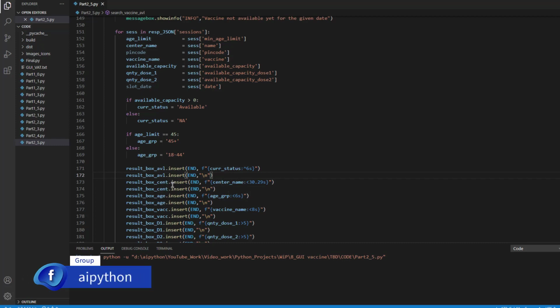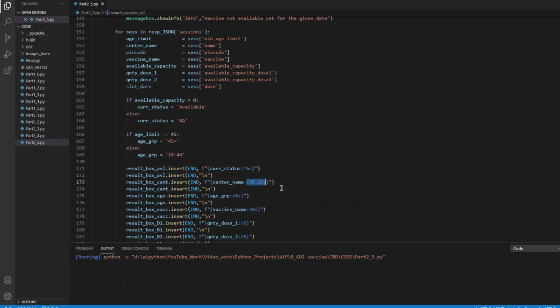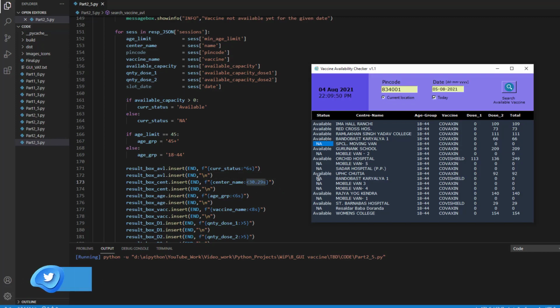Then here comes the result box. Then the second value, which is center name, I'll append it in the second column, right? The center name. All right, this is the way that I'm doing it. So these are the string formatting. You can learn more about string formatting. Just Google it out. You'll find a lot of content on the string alignment, basically. This is part of string formatting in Python, and you can align the string in different ways. Center, left, right, like this.